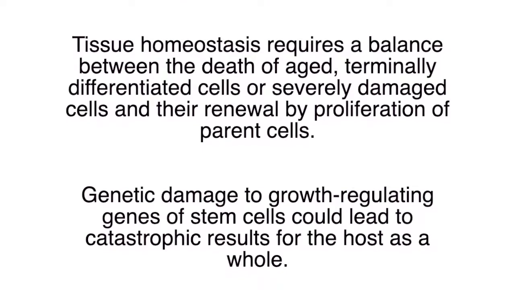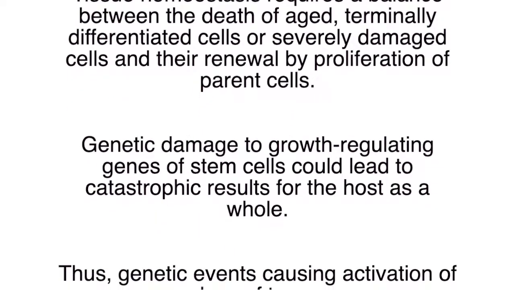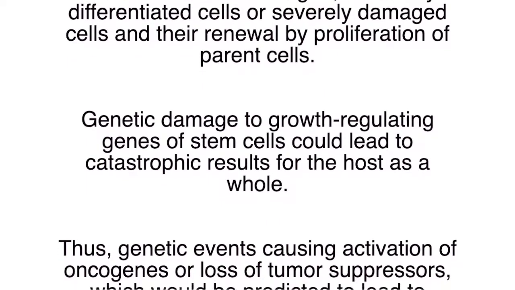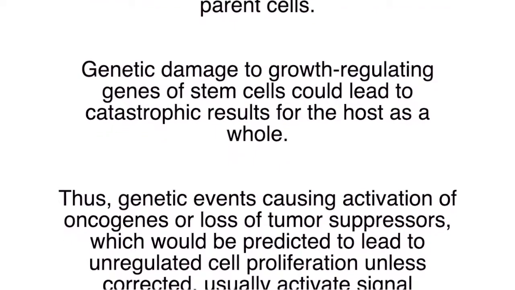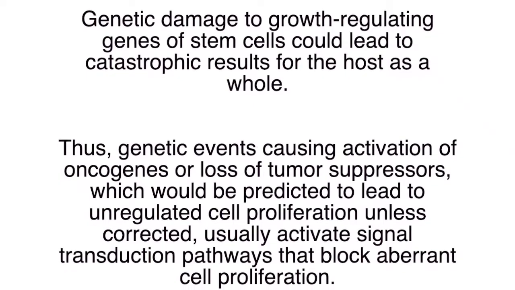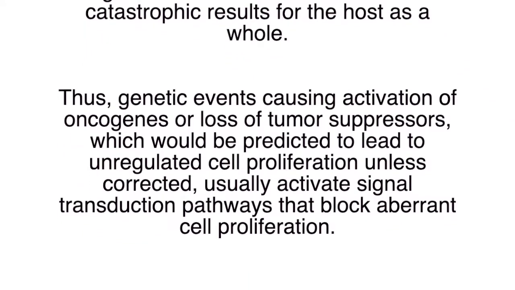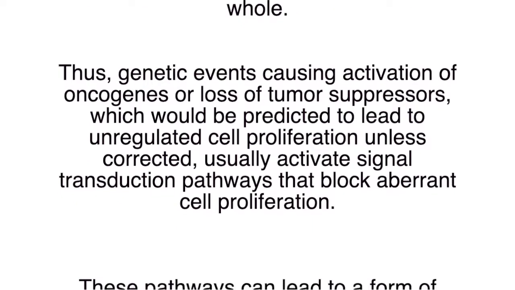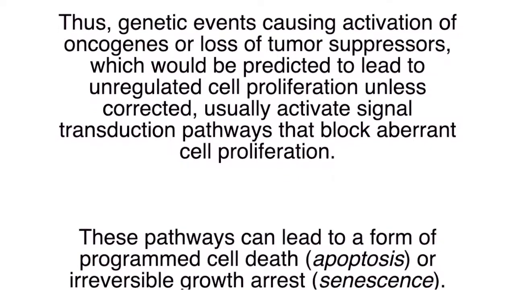Thus, genetic events causing activation of oncogenes or loss of tumor suppressors, which would be predicted to lead to unregulated cell proliferation unless corrected, usually activate signal transduction pathways that block aberrant cell proliferation. These pathways can lead to a form of programmed cell death, that is apoptosis, or irreversible growth arrest, that is